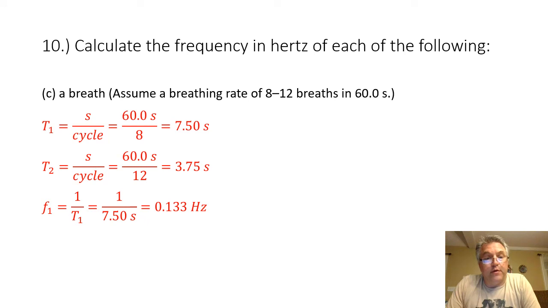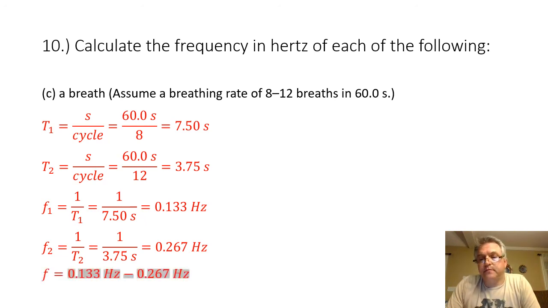To find the frequency for my lower range of 8 breaths per 60 seconds, I simply take the reciprocal of my period of 7.50 seconds, and 1 divided by 7.50 seconds will give me 0.133 hertz. To find the frequency of the upper range of 12 breaths in 60 seconds, I take 1 and divide it by the period, which was 3.75 seconds. And when I do that, I'm going to have a frequency of 0.267 hertz. So the range of frequencies I am going to have for breath is going to be 0.133 hertz to